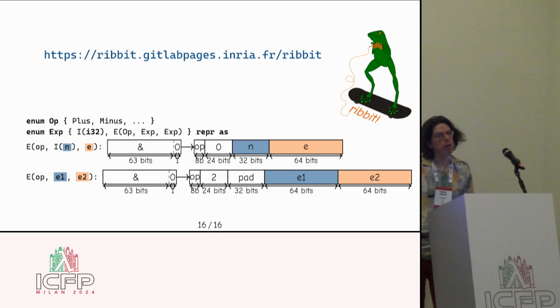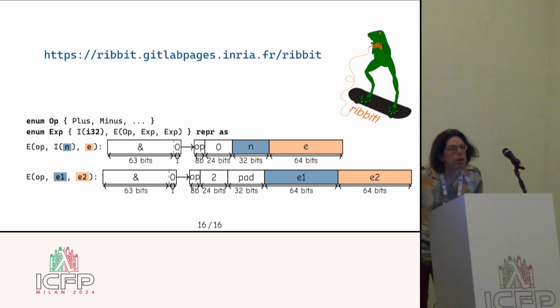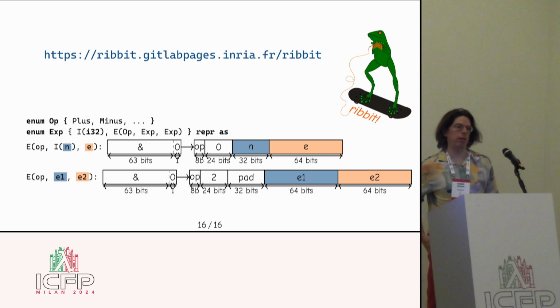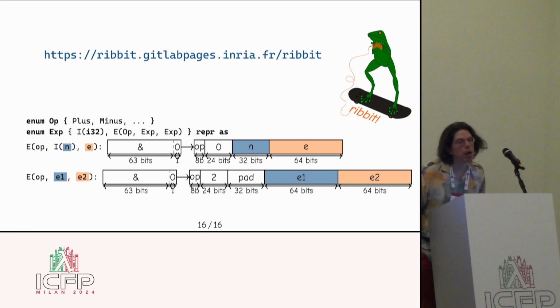I'm just curious how is endianness a concern here, or do you assume certain endianness? Sorry, endianness? Yeah, the endianness of the architecture. Do you assume a certain endianness of the architecture? So far we did everything in the traditional way, so it's little endian. I can never figure out which it was. Intel's little. Yes, exactly. So we do everything in little,